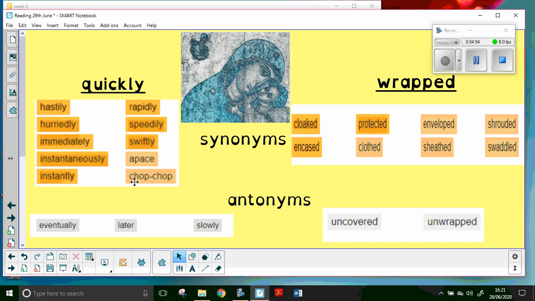Chop chop isn't quite that. I might say that to you at school. Come along, chop chop. But you wouldn't say she chop chop wrapped. That wouldn't really fit, would it? And that's what we're talking about, using these words in the correct context. Because you might get other synonyms, but are they exactly what we need and want to use in the context